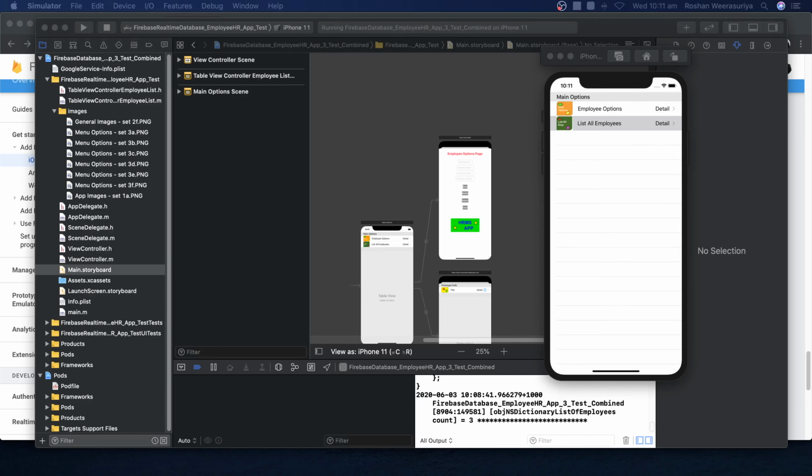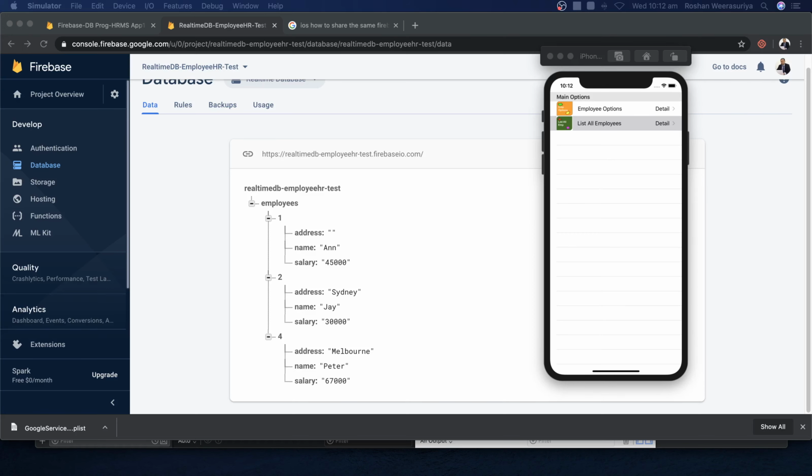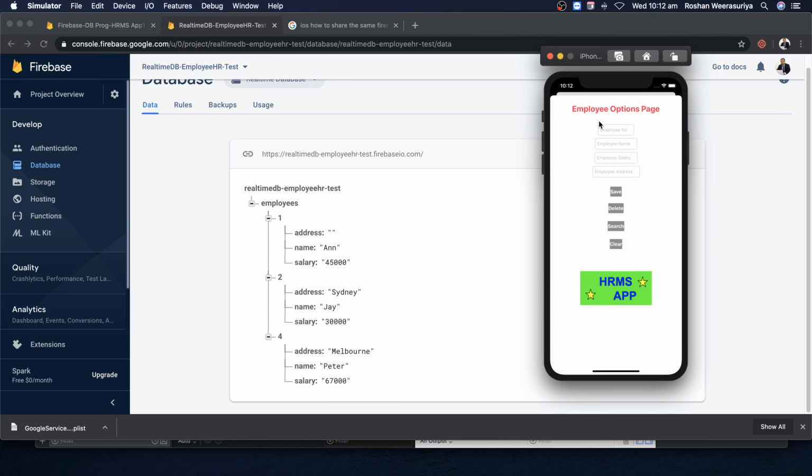Hi viewers, let's see the app we are going to develop in the next couple of lessons. The app is connected to the Firebase database. You will see there's a main menu where you've got employee options and listing all employees. This table view controller we have put here. And when you click on employee details, you will be taken to a page where you can add, insert, search,